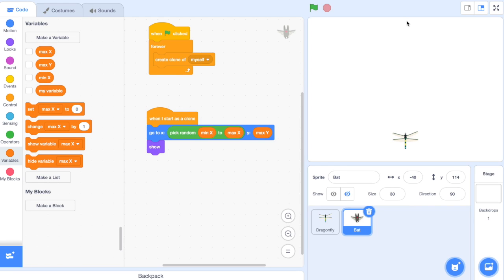What my design is that when the bat is created on the left-hand side of the screen, I want the bat to circle in the counterclockwise direction. If the bat is created on the right-hand side of the screen, I want it to move in the clockwise direction. So this can be done by, first of all, creating a variable